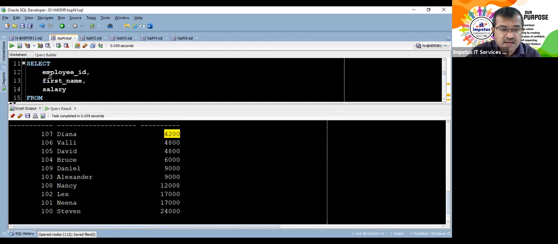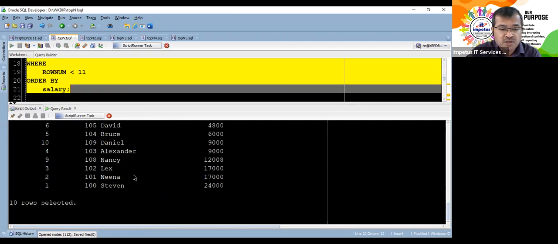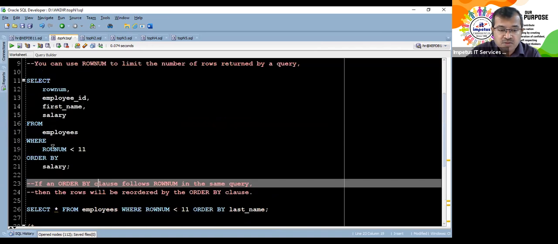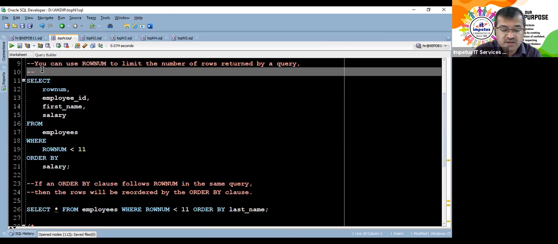Just to understand that, if I had also printed the row number, that will help us understand. So if I had said row number in addition to all those things, it is just giving us the row number. So these were the first 10 row numbers. Can you see this? These 10 row numbers were arranged based on their salary. This row number is telling us physically where that record has been added inside the table. So this row number less than 11 is not really helping us. Here we have only limited how many rows should be extracted from the table. I'm saying only the first 10 rows from the table have to be extracted. Listen to me very carefully. Over here, we are extracting only the first 10 rows from the table.